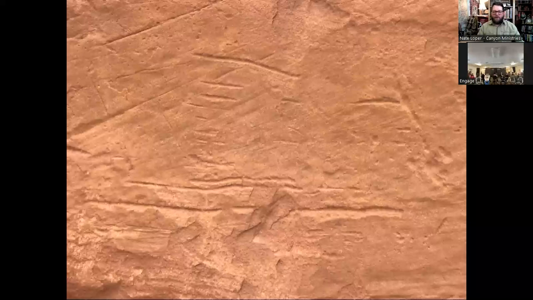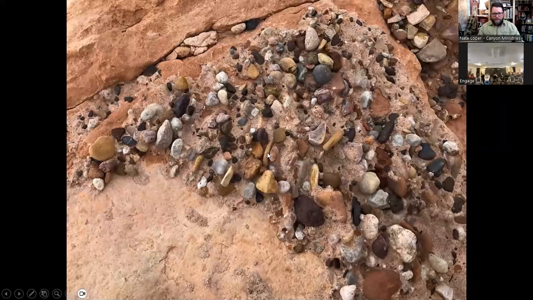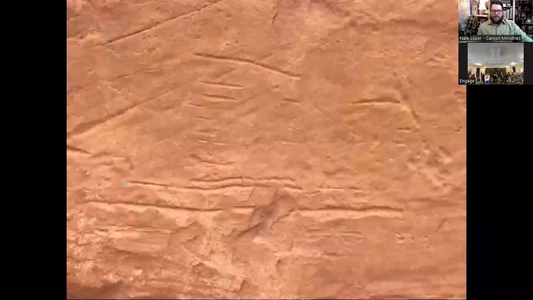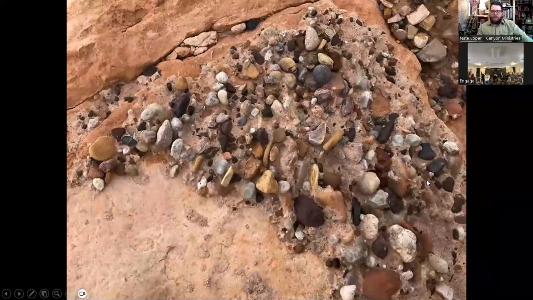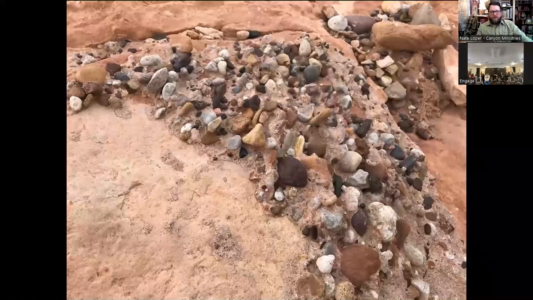On top of these boulders and nearby also, we find a lot of rocks that are seemingly oriented in the same direction. And it's kind of hard to see, but if you look closely, a lot of these pebbles are up on end. They're turned up on end. They're oriented in the direction of the water flow that was going toward the Grand Canyon. And so they're like rolling rocks. It would be rolling because they're rounded, almost like if you ever take a quarter and roll it across the ground, it does that same thing. And so looking at those same rocks, we can actually see that they've been oriented toward the direction of flow